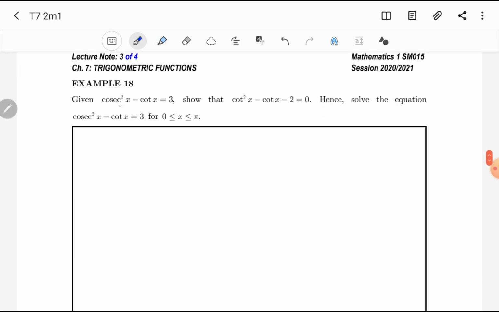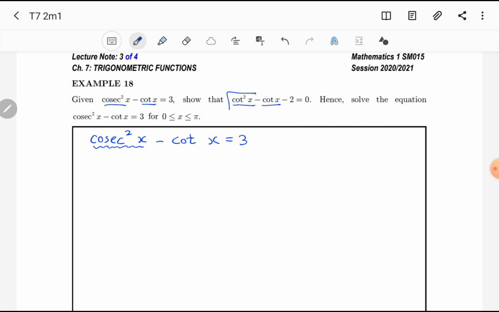Given cosecant squared x minus cotangent x equals to 3. Okay, so cosecant squared x minus cotangent x equals to 3. We want to show that cot squared x minus cot x minus 2 equals to 0. Okey, kalau awak tengok kat sini, sebutannya semuanya dalam sebutan cotangent. So, kita akan tukar